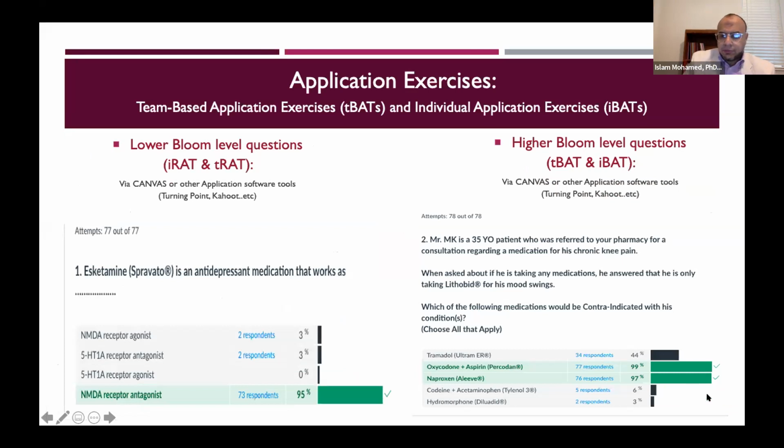And this is just an example from my own classes. This is simple software, Canvas, the learning management system, as a quiz. And this is just an example to show you what I meant by basic level questions and higher level questions, and how you can engage the students with that immediate feedback to stimulate higher level thinking. So as you can see, with lower level questions like an IRAT or a TRAT, basic level questions where students recall, simple, most of the students get 90% or 85% or above. So you get to share with them and show them immediately